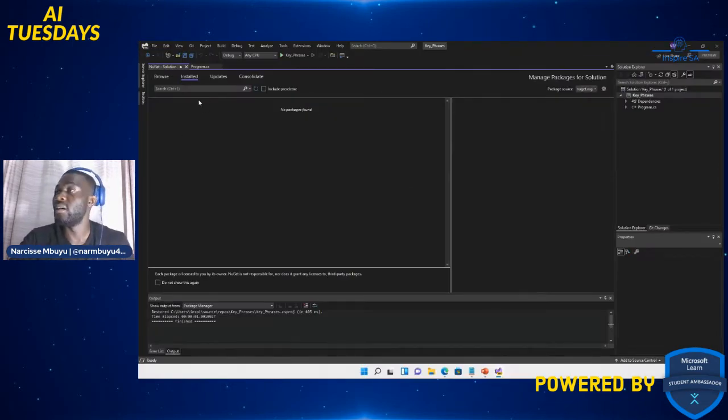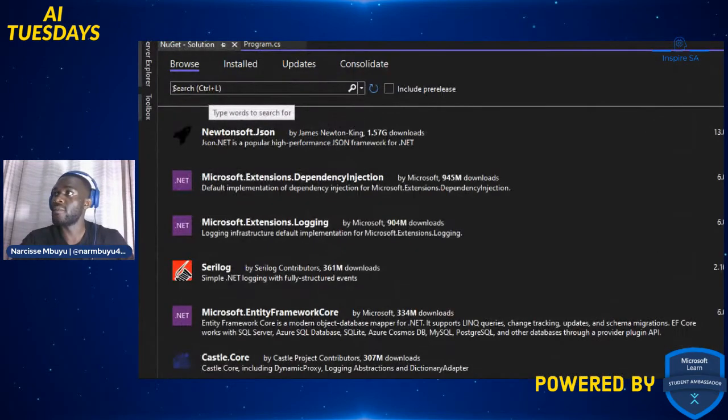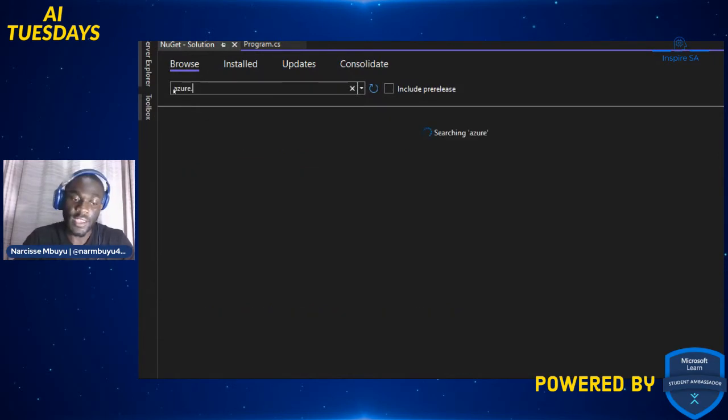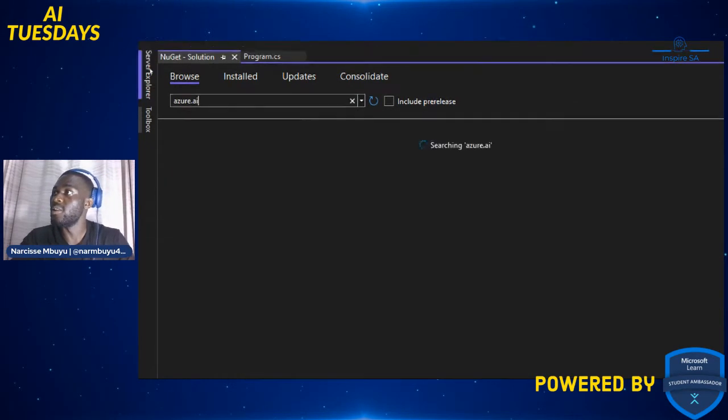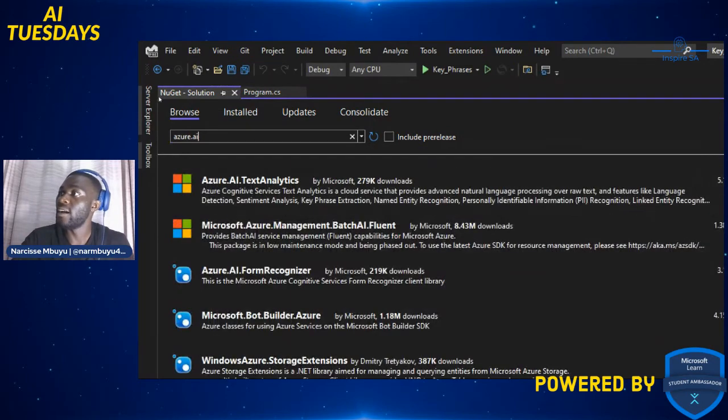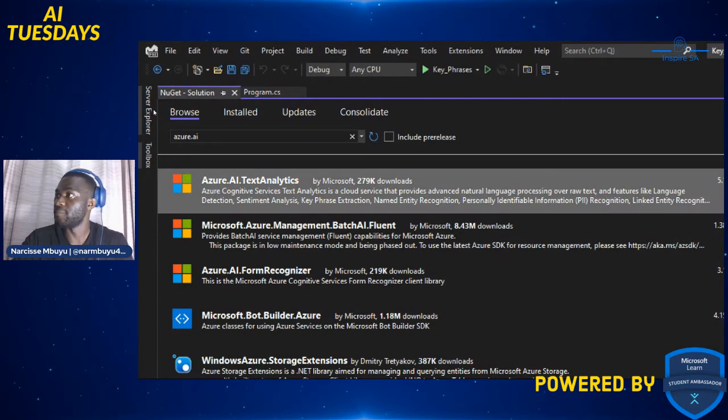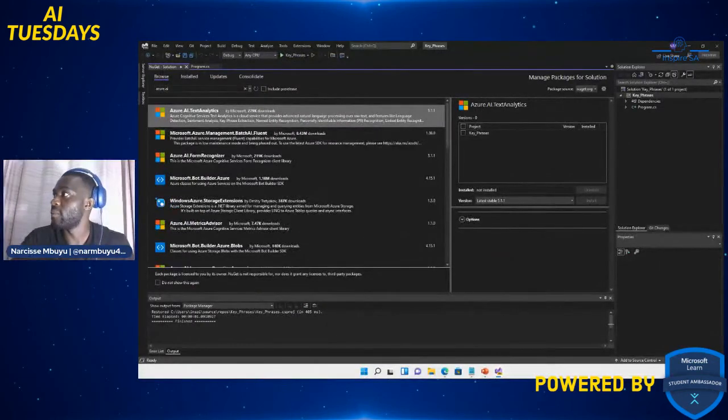Now what we're gonna be looking for in your NuGet package, let's zoom in more for clarification, I'm gonna be searching for Azure.ai, right? So we need this API for us to make our application basically. So I'm gonna choose Azure.ai.text analytics. That's what we need to get started with the application, right? And then we're gonna install it.